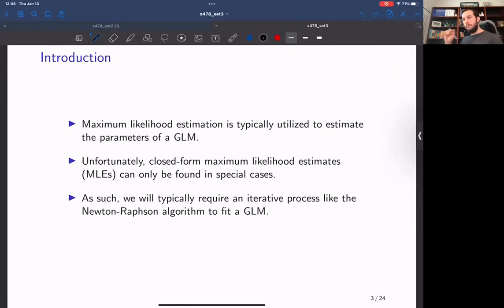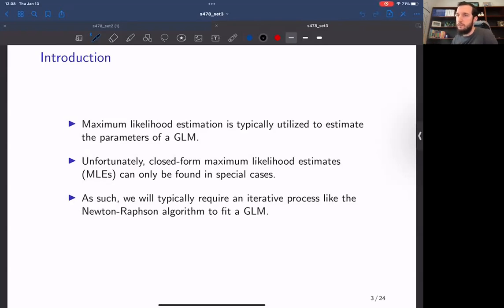Unfortunately, for the majority of the GLMs that we are going to study, you can't derive closed form expressions for the parameter estimates. So for the SLR model, for example, the simple linear regression model, we could show that B0 is equal to Y bar minus B1 X bar, and B1 is equal to SXY over SXX, right? So we can't find expressions that are neat and clean like that